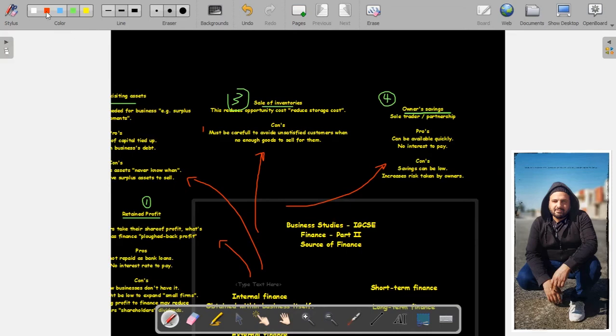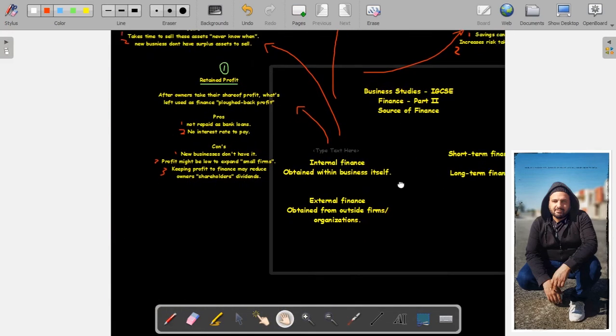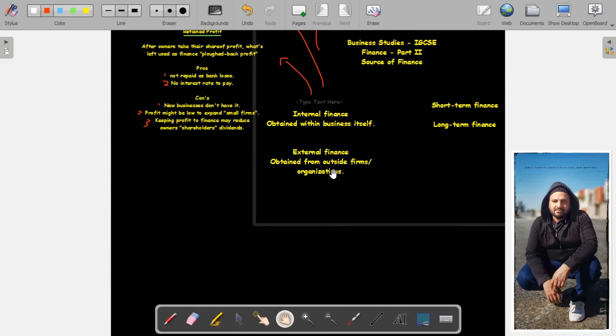Okay, let's talk about the external. I'm gonna highlight this. Let's go to the external finance. We said that external finance is about funding the business from outside. Funding the business from outside, that is external finance as a concept. The first type that we're gonna talk about